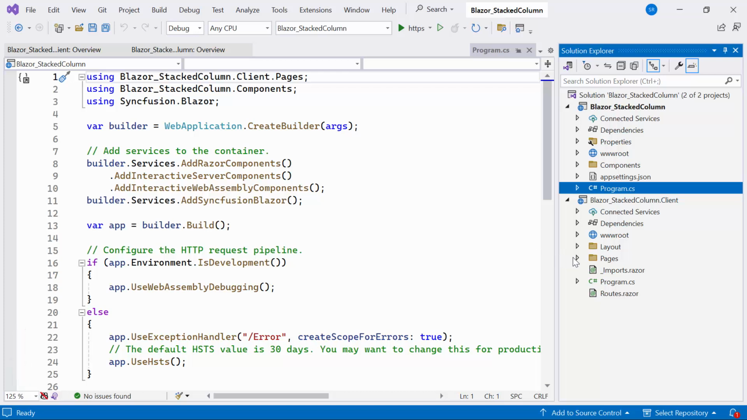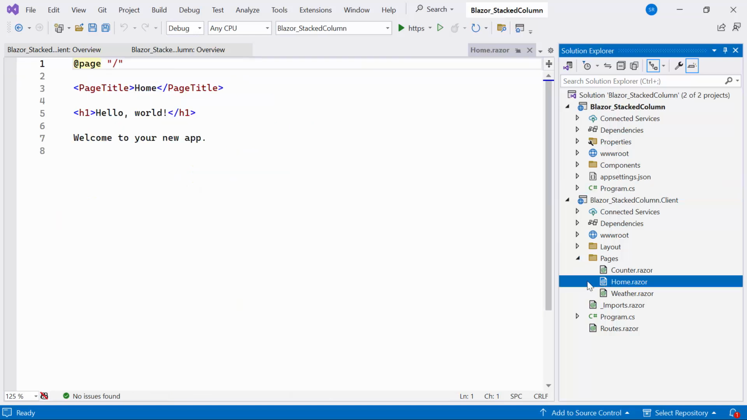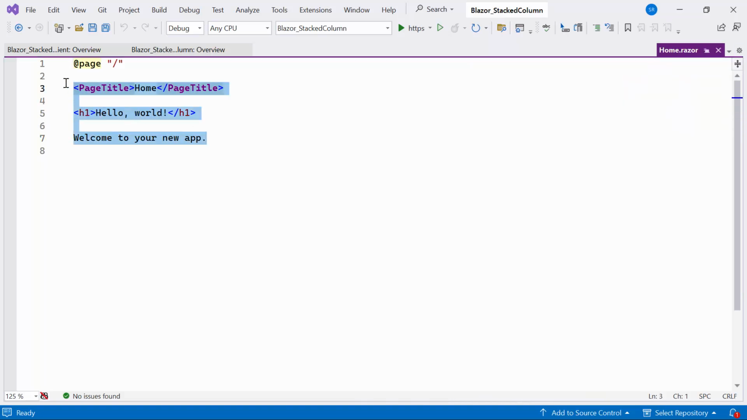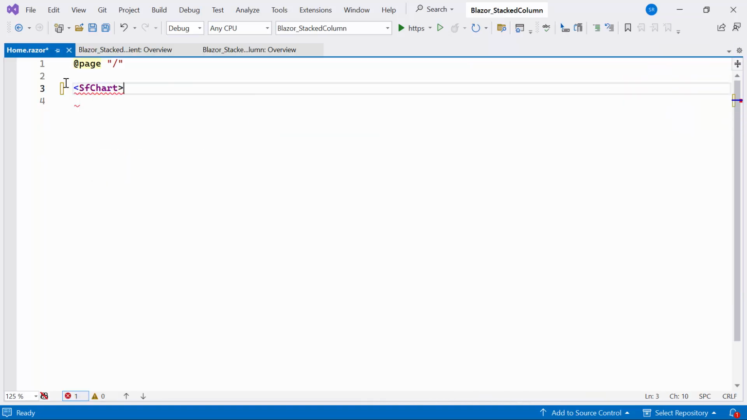Now that everything is configured, let me proceed to add the Syncfusion Blazor Charts. For that, I open the Home Razor component and replace the default code and define the Syncfusion Blazor Chart component. Next, I will show you how to add data to the Blazor chart and display it as a stacked column